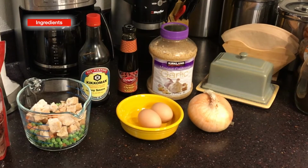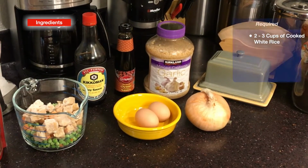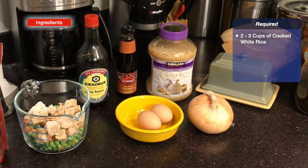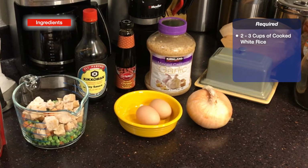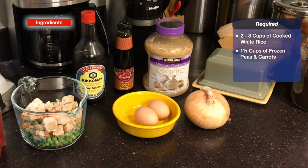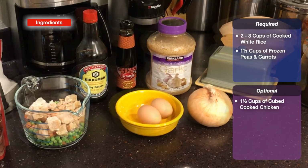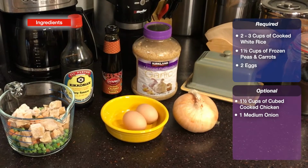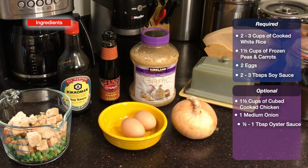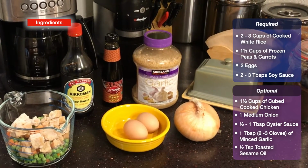Today on Out Loud Geek, I will be cooking fried rice, using 2 cups of cooked rice that I prepared yesterday and have in the refrigerator. To that, I will be adding 1.5 cups of frozen peas and carrots, 1.5 cups of frozen chicken bites, 2 eggs, 1 medium-sized onion, soy sauce, oyster sauce, and garlic, as well as sesame oil, but only used very sparingly